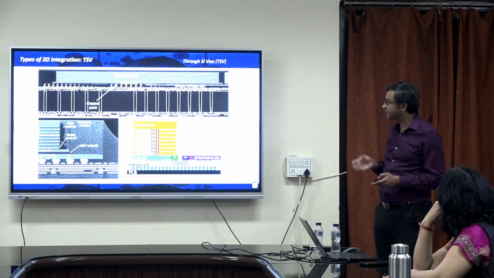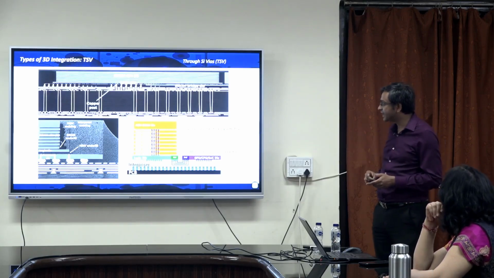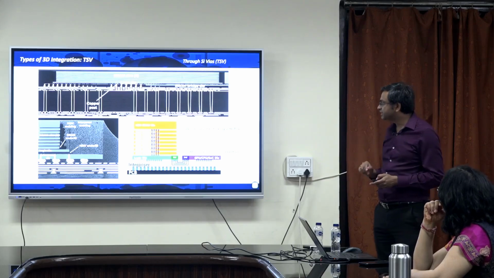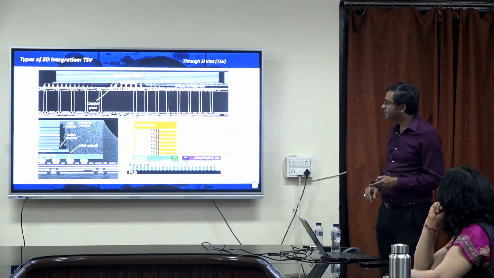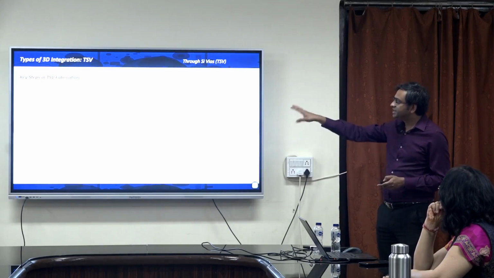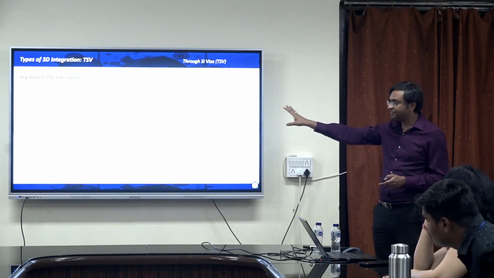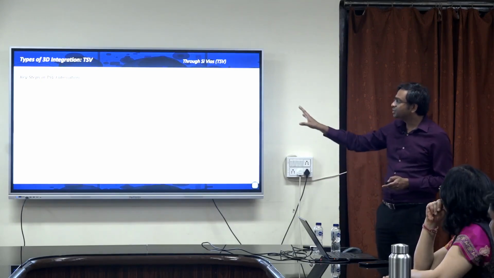This has already been commercialized. You can do it for DRAM. This is the high bandwidth memory. This is all through silicon vias. Okay. So generally, the key steps of the through silicon via fabrication is that you need to really do this